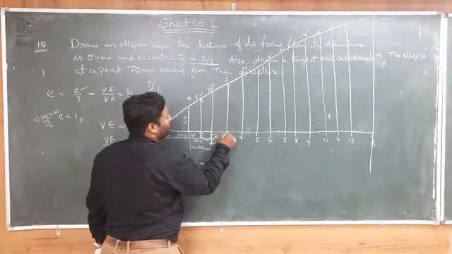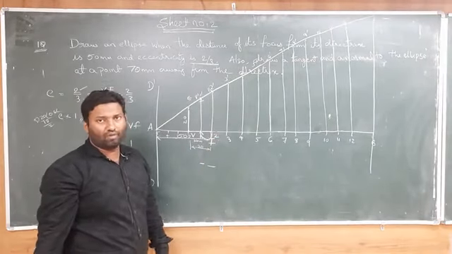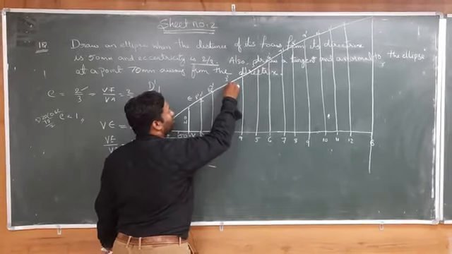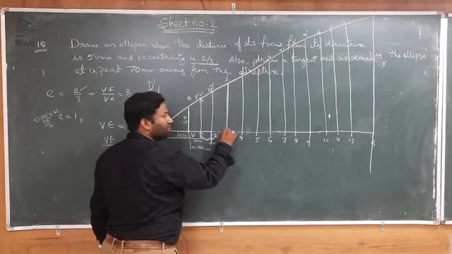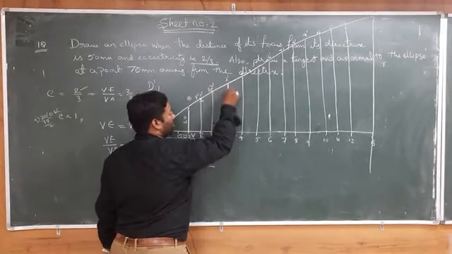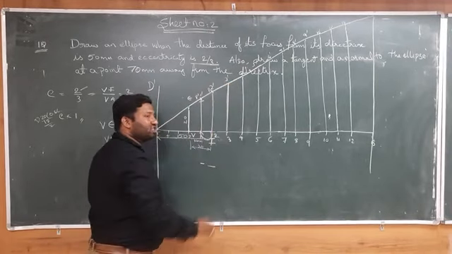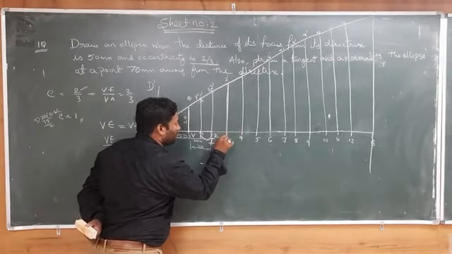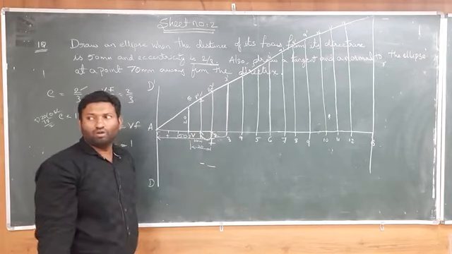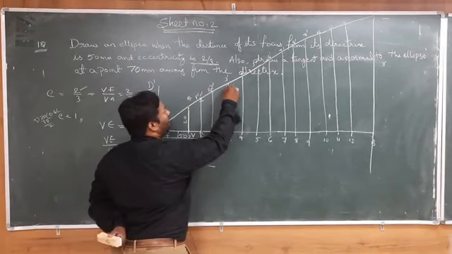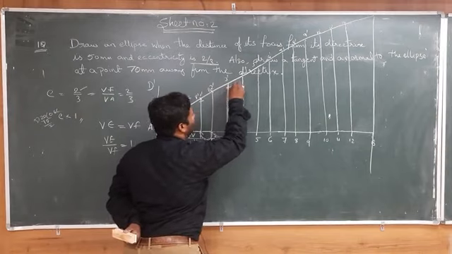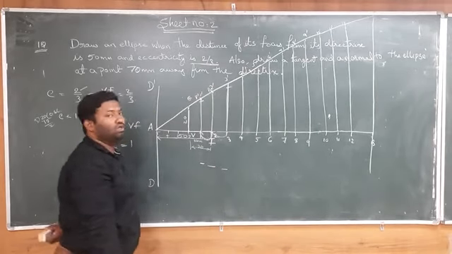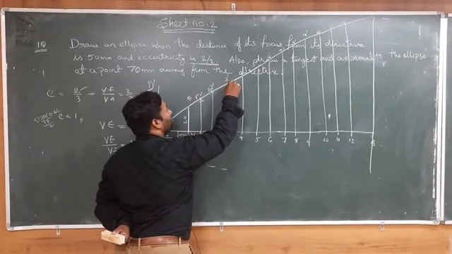Now the third one, we will measure the distance again with the help of the compass. Instead of 2 to 2 complement, we will move further, that is from 3 to 3 complement. We will measure the dimension with the compass from 3 to 3 complement, and we will shift the center to the focus. By maintaining the same radius, we will cut the arc on this 3, 3 vertical line above and at the same time below. So here we will get the point P3.